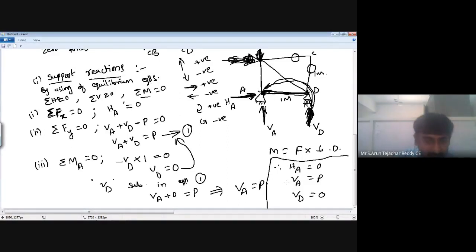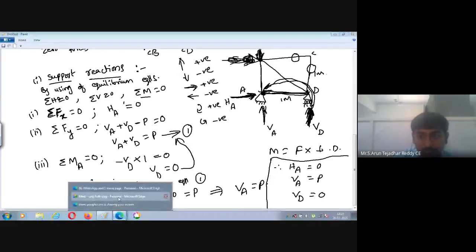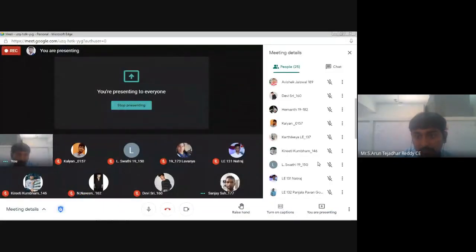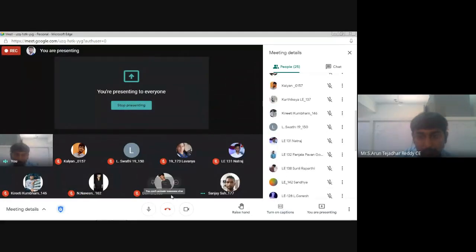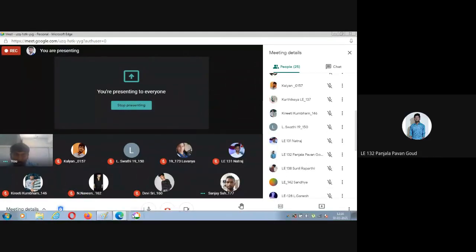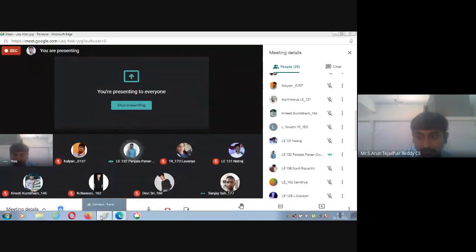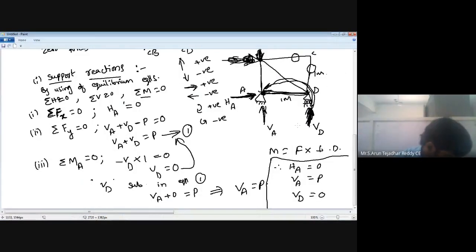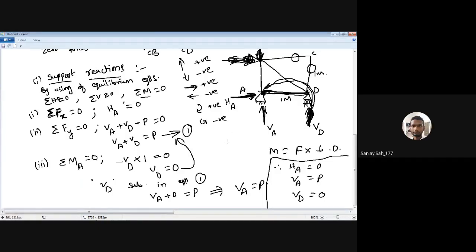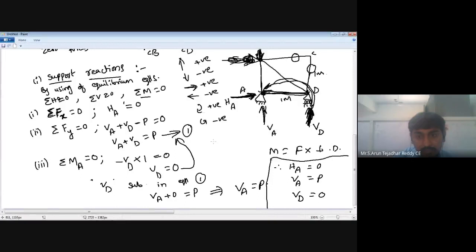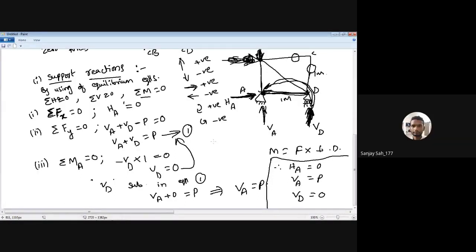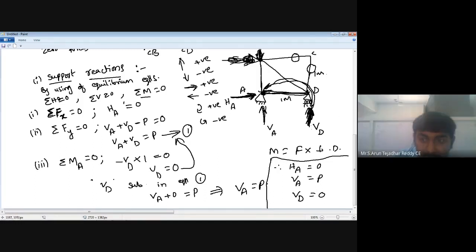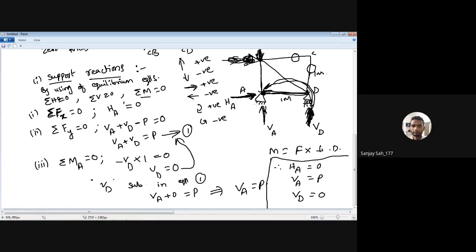Is it it? Pawan. Yes, sir. I am so much confused, sir. See, is it completed? Yes, sir, it's completed, but I am confused, sir. Which point are you confused about? Sir, like in this minus VD into 1 equal to 0, how did it come, and this is anti-clockwise. You told VA is anti-clockwise. Wait, I will give clarity.